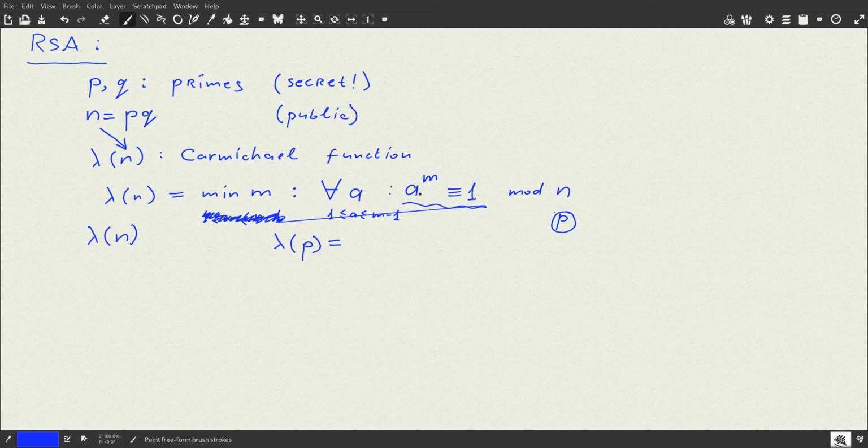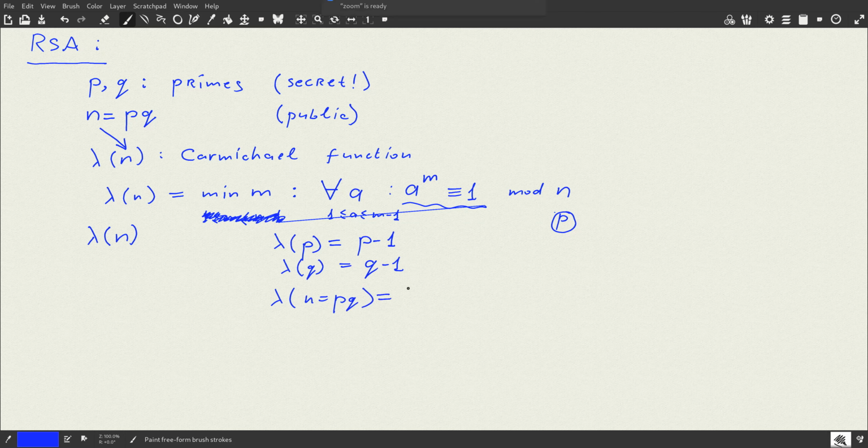Then whatever number modulo prime is taken, what do we get? It is very easy to see that in this case, m would be equal to p minus 1. It is a consequence of the so-called little Fermat theorem. In a similar way, lambda of q equals q minus 1,